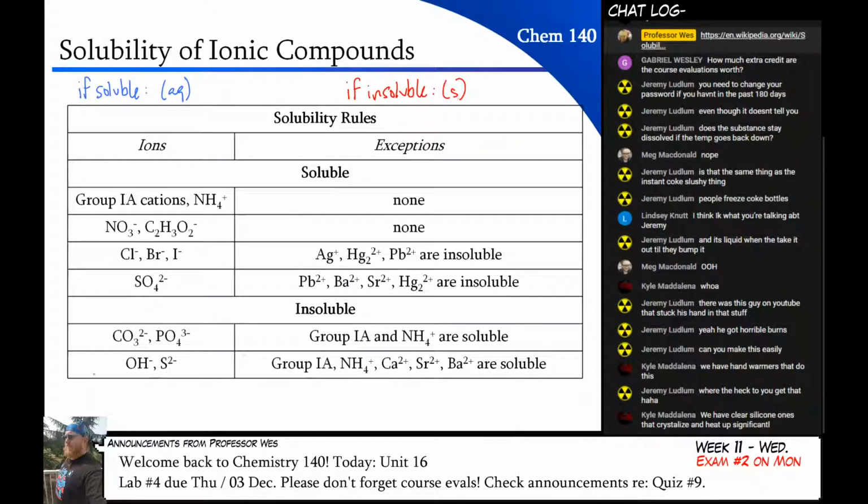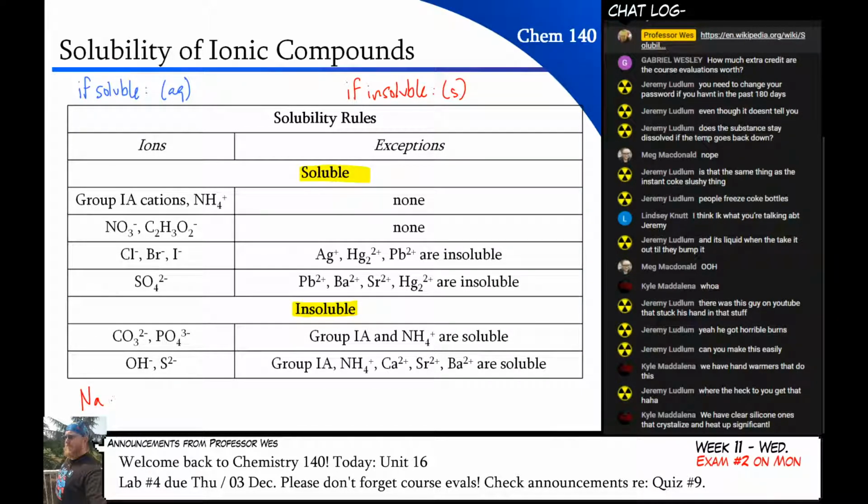All right. How do I read the solubility chart? There's two sections listed. There's soluble and insoluble. What you're going to do is you're going to look up a certain ion in the chart, and if you see it, you then check for an exception. If the exception is present, then it's not the thing you looked up. So, for example, let's suppose I had